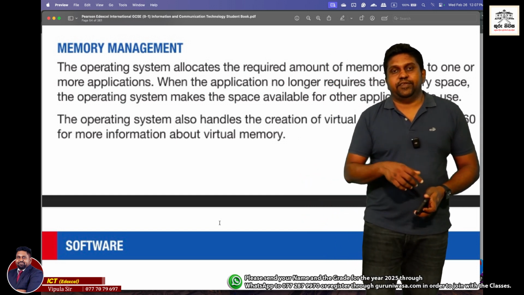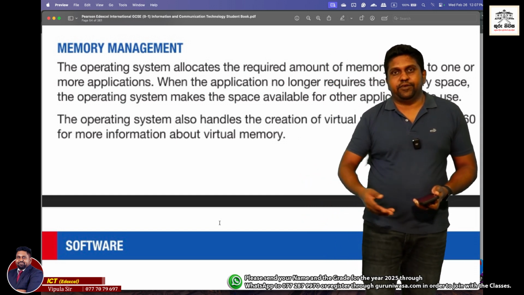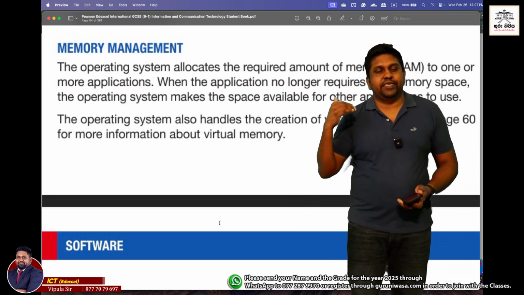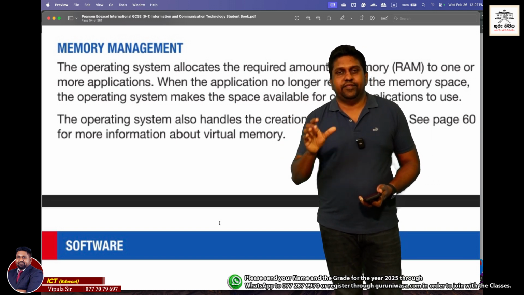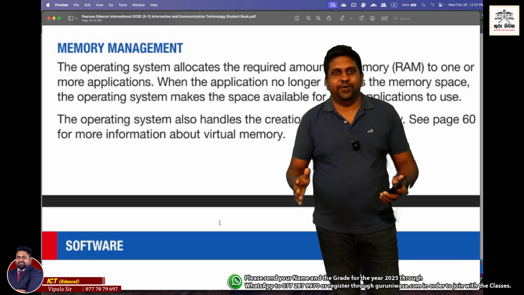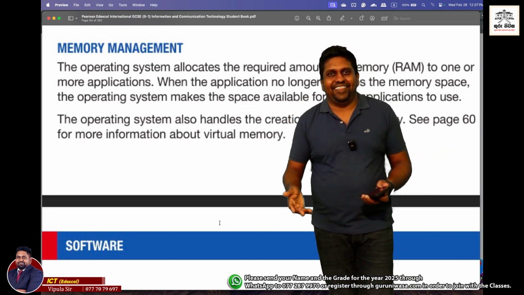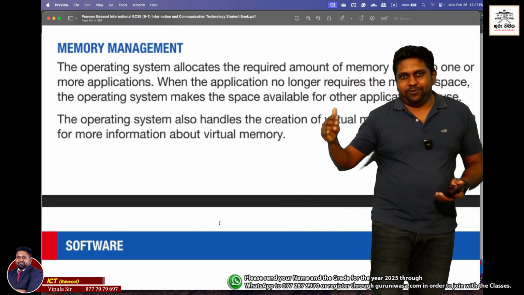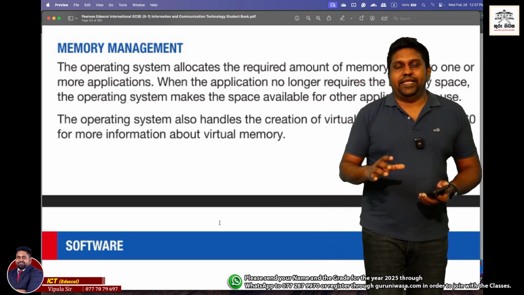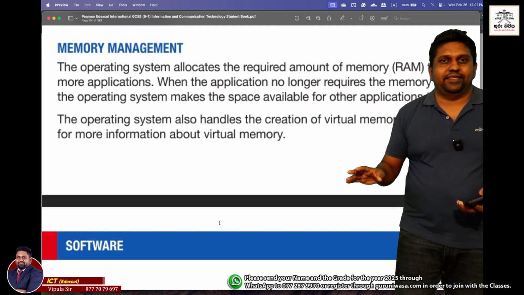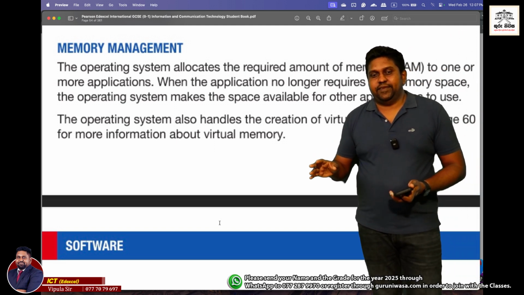So in simple terms, when you open a Word document, your operating system will tell the memory, hey, I need this amount of space from you to open this file. And the file will be copied into the memory, into the RAM, and then that would be stored there. So then what happens is now,